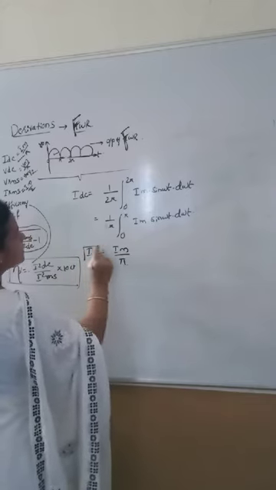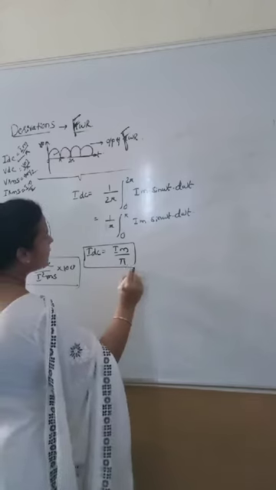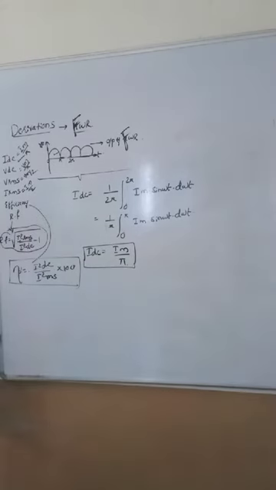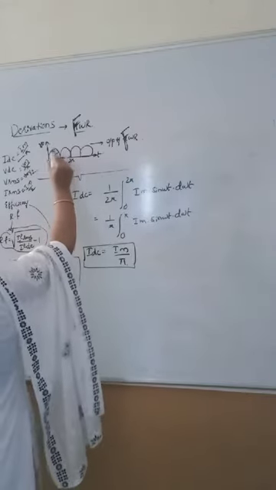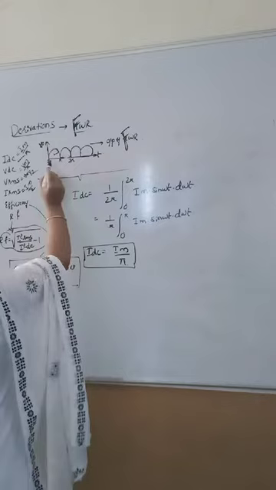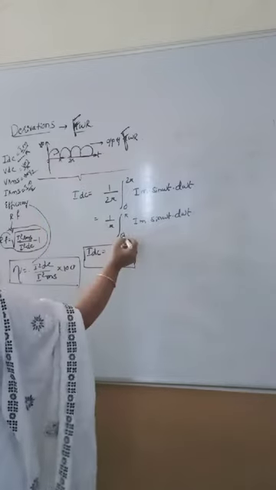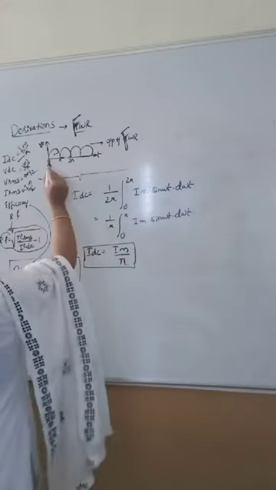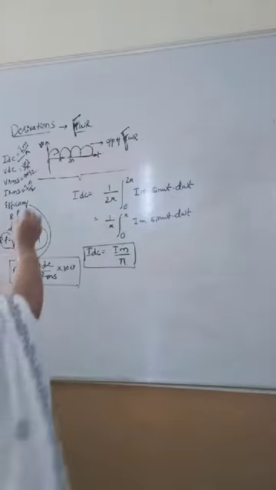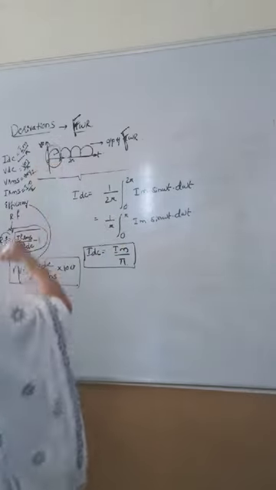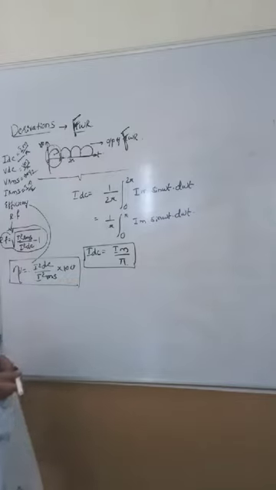IDC you got as Im by pi for the full wave rectifier. Yes, we are considering only this because the rest is all the same. You are going to integrate for limits 0 to pi over the period 1 divided by pi only for this. So, IDC is equal to